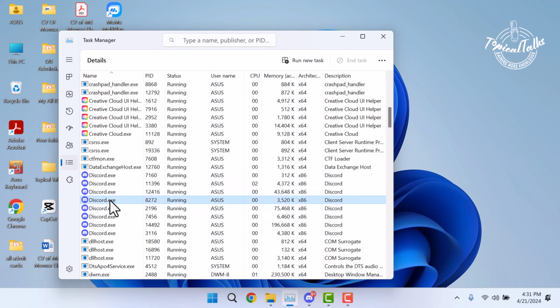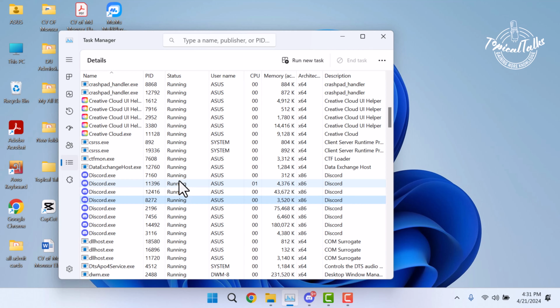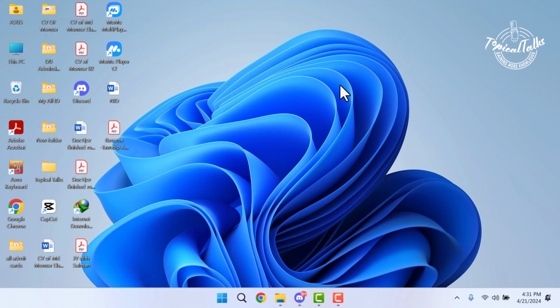Then from here, right click on Discord and click on Set Priority and set High. And then check the issue. That's it. That's how you can simply stop your